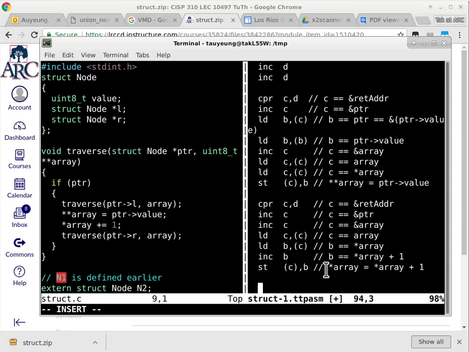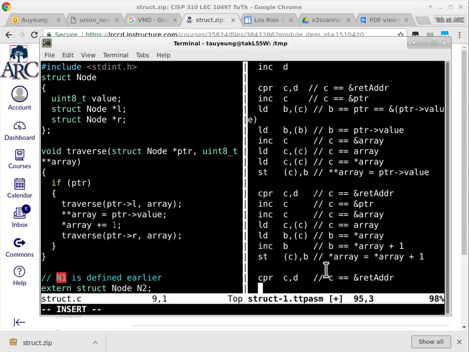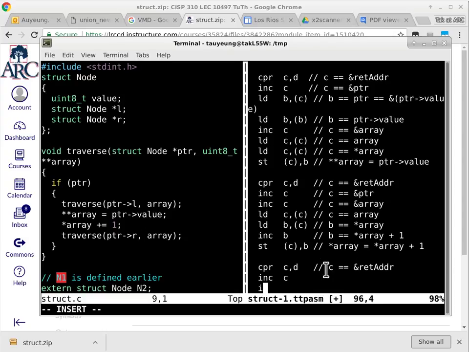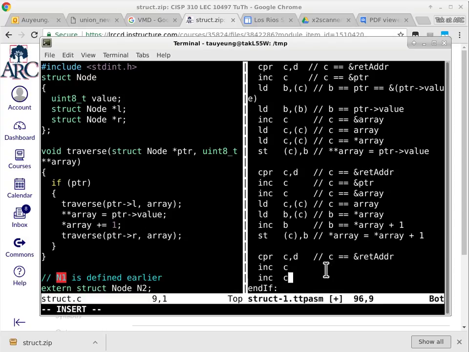All right, so we are now almost done. We just need the second traverse at this point. Same thing, okay? So if we cannot remember what register C is pointing to, we can always just reinitialize it. And we need to get to array first. So let's do increment C. Okay, a little bit of comment here. So now C is the address of array. Let's do one dereference,